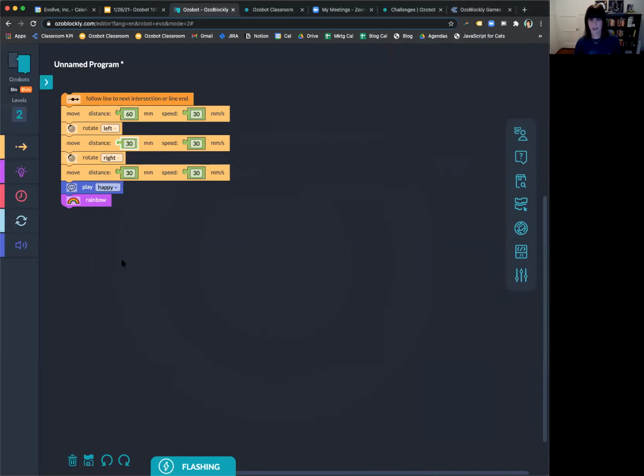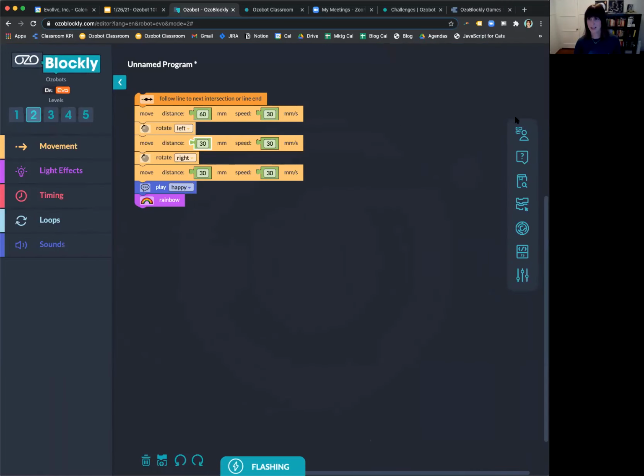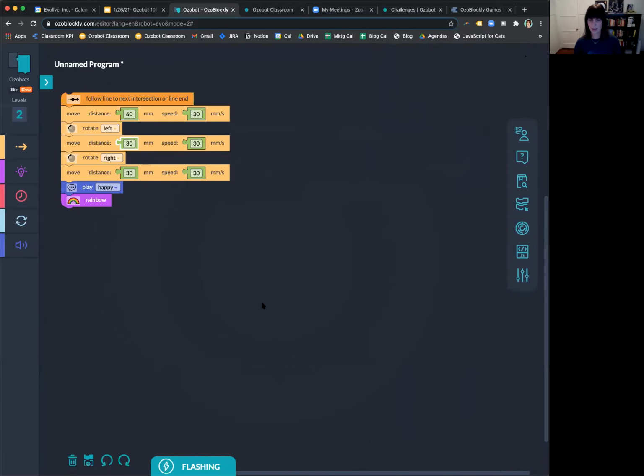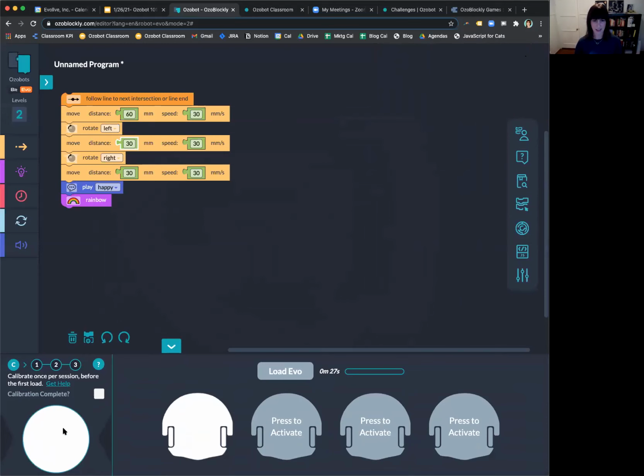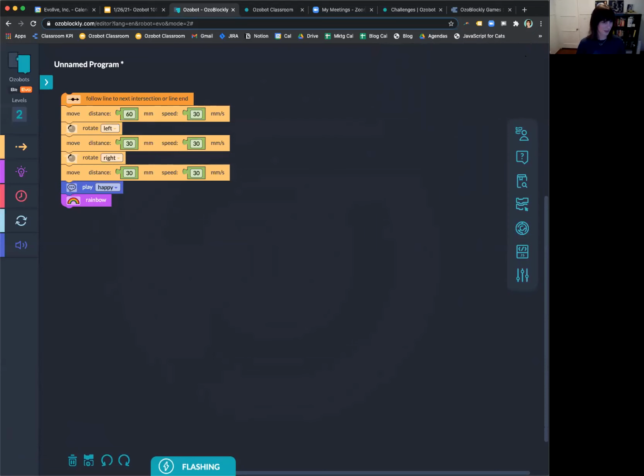So here I am back in the Ozoblockly editor, and I went to this programs icon in the upper right to use Bluetooth. But again, if you have Bit or don't want to use Bluetooth in your classroom, you can go to this flashing section down here. And this has a link to help to teach you more, but essentially what students are going to be able to do is hold their Ozobot up to this screen, up to one of these shapes that looks like the shape of a robot, and then they'll click load, and they'll be able to flash load that way. So it skips the whole Bluetooth loading step.